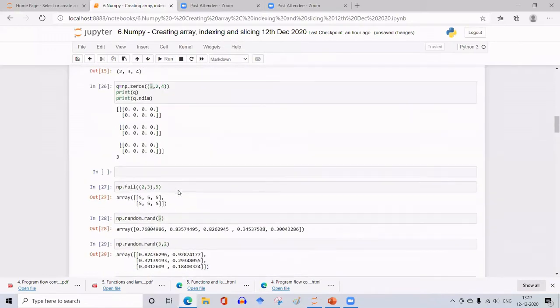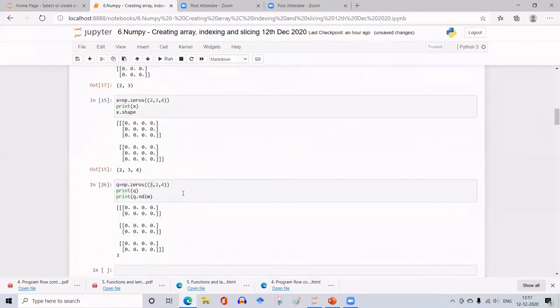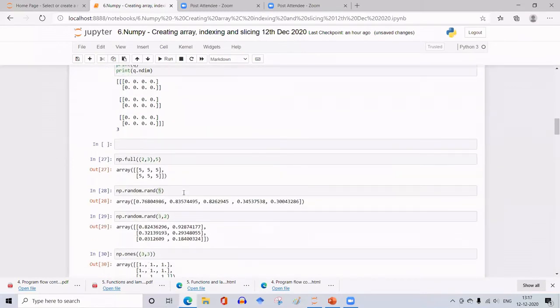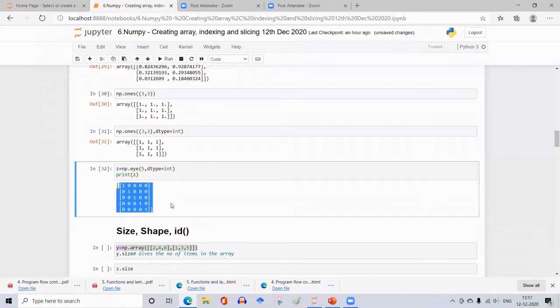That is about how to use matrices with placeholders, how to initially place a certain value in the array at the required shape. Any doubts in this? You have done this in your DS2 lab, no? Initialize an array or a matrix with all zeros and then compute, and after computing, put that in the 0. Or sometimes you have even initialized a unit matrix like this, diagonal. Shall I proceed?